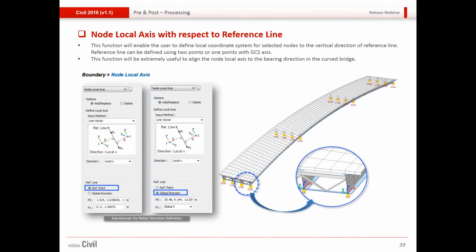Similarly, earlier the node local axis assignment. Say as shown over here, if the bridge is curved and the bearings are guided, then earlier you needed to mention the angle for the particular local axis which has to be rotated to provide the necessary support. But now using the reference line itself, you can do it. At a particular node, say if you have selected, you just have to click on the first point and the second point, which would be along say this bottom bracing. You just have to click on the 2 points and the angle vector would automatically be taken up. So you don't need to enter that value.